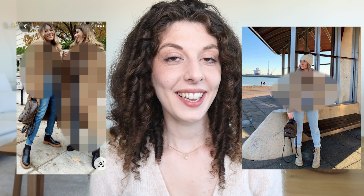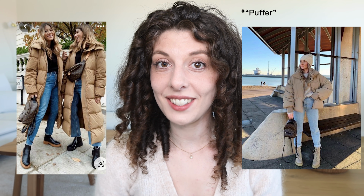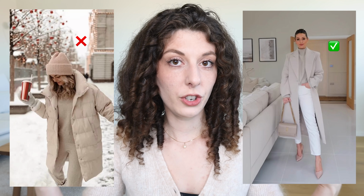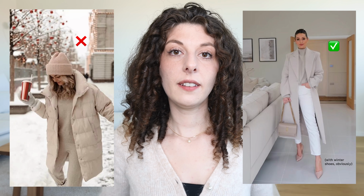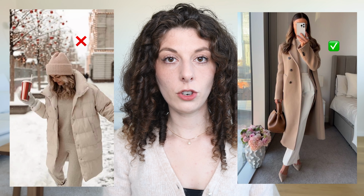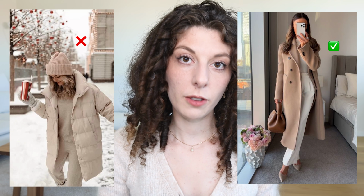Our number 9 is waffle jackets. I see so many beautiful women wear those gigantic bags. It's really not elegant and I understand that it's warm, but from a French fashion perspective, this is really not nice. What you'd want to do instead is to pick a traditional coat, so something that is squared on the shoulders, tight at the waist, and a bit long, so either just above the knee, either just above the ankle,